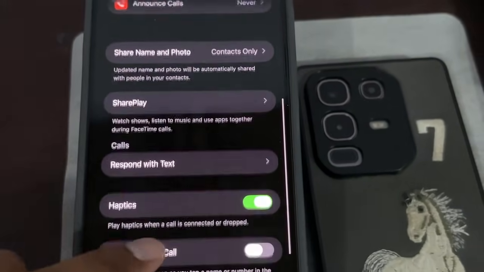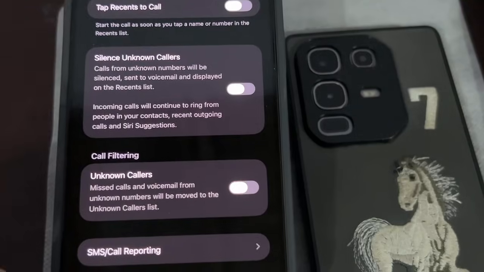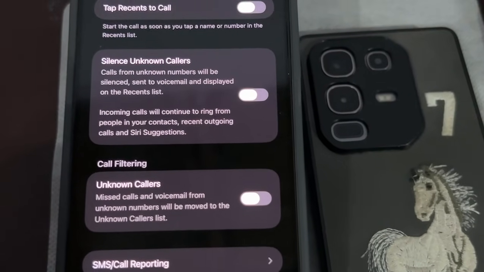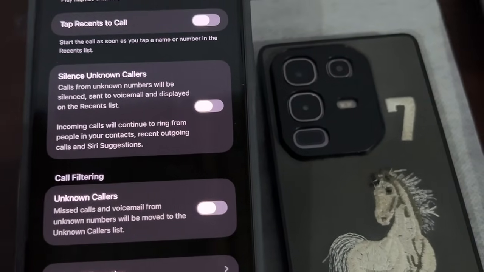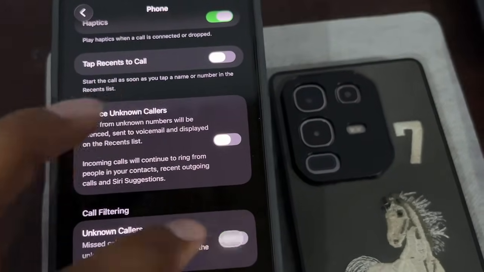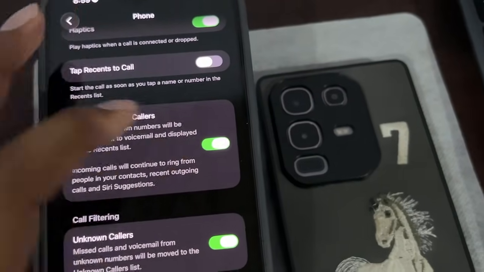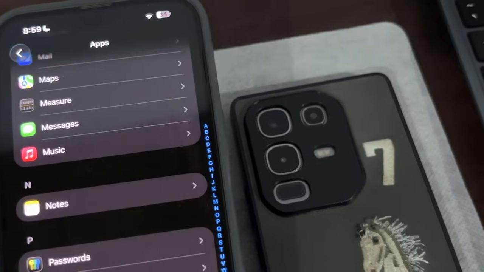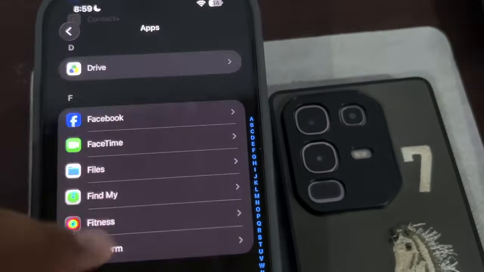Drag down and here you can see two options: Silence Unknown Callers and Call Filters. They are very useful for your peace, so that no unknown caller can call you. You have to simply click them and turn on the toggles. And heading towards the second option, first of all we have to click this back icon and